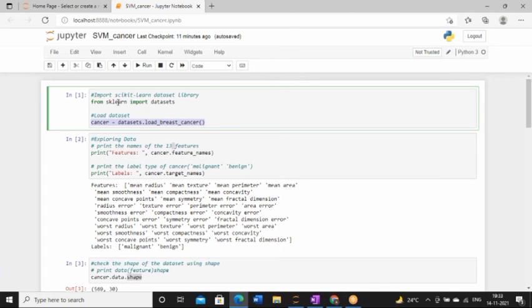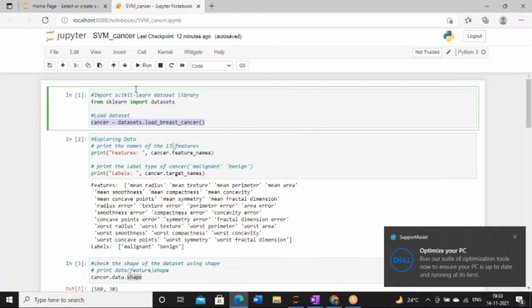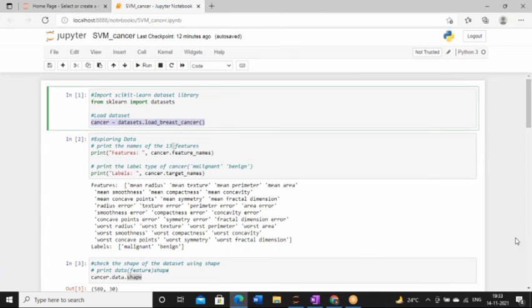But if you find it difficult to fetch data from UCI, because after getting the data from UCI you have to convert it into CSV, the shortest process is you can go to Kaggle, and from Kaggle you can download the cancer dataset or any kind of medical dataset in CSV format. It is already available in Kaggle.